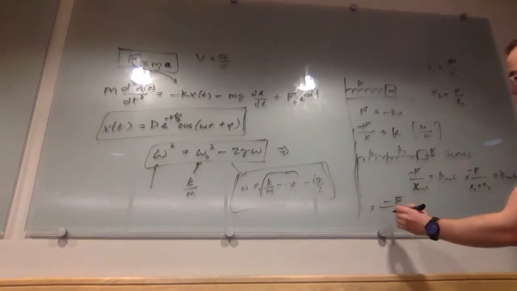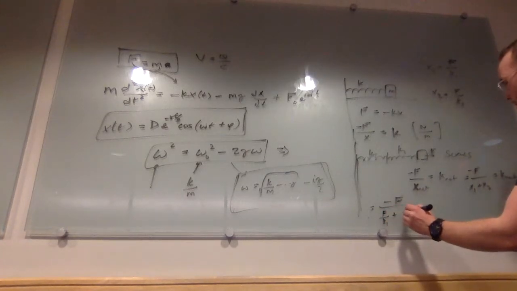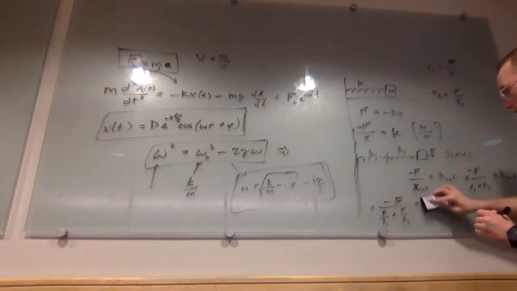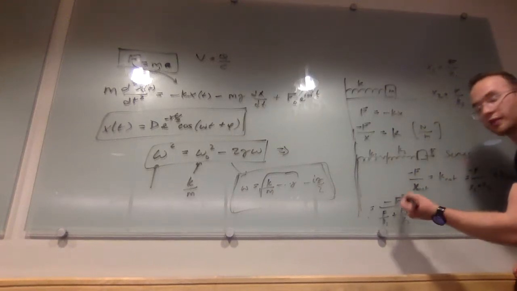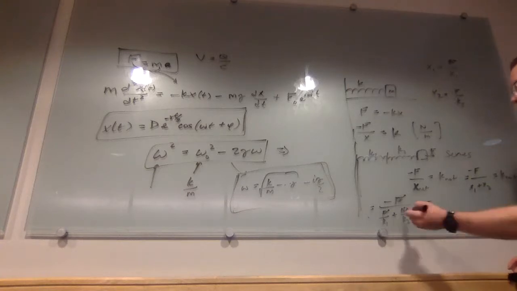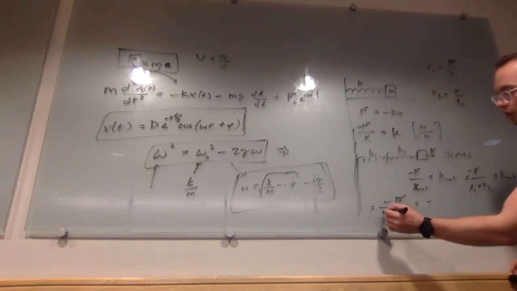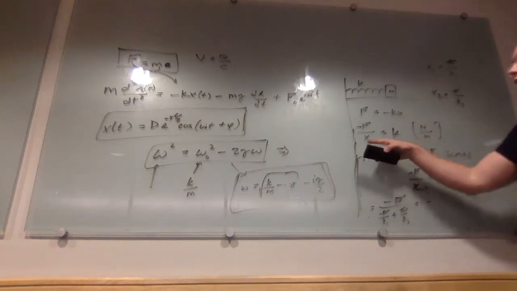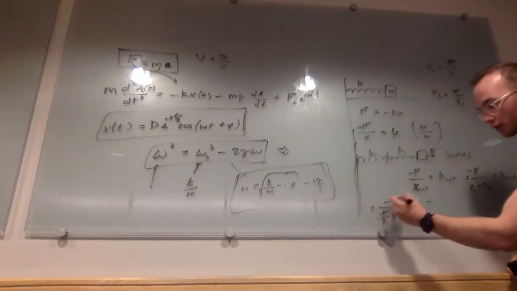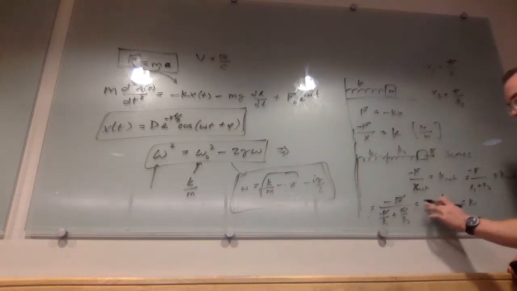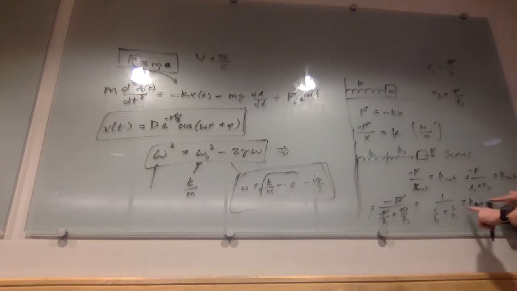And so we get x1 is F over k1 plus F over k2, and it's all equal to k net. And now, of course, we could just divide the top and bottom by F. I guess these are all minus F, really. So we divide everything by minus F, because we could just say that x is a negative displacement. We wouldn't have to worry about the minus signs. So divide everything by minus F and we get 1 over k1 plus 1 over k2. If this is equal to 1 over k net, just take the inverse of both sides and you get the equation I was just writing. So this is the same as